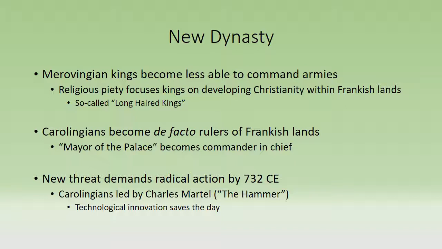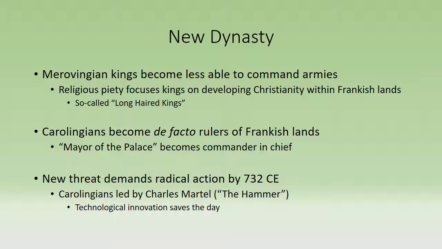It got to the point that derisively the Carolingians referred to the Merovingians as long-haired kings. Of course, having long hair is really easy for people to grab on in battle. Your helmet doesn't fit quite right. You're not ready to go out to war. So this is a very derisive thing. They're non-combatant kings, which is just a horrible insult to the early Franks. So the Carolingians become the de facto rulers of Frankish lands. In other words, without legal precedent, they do take over all of the decision-making in Frankish lands, leaving the Merovingians basically iced out. The Carolingians, particularly the mayor of the palace, occupy the majority of the military backbone of the